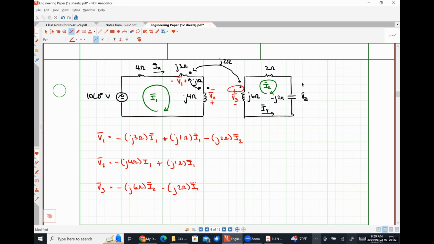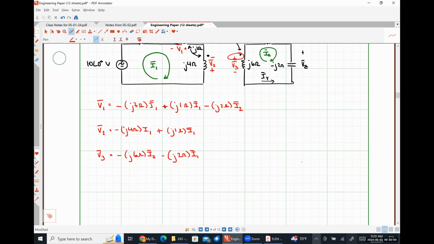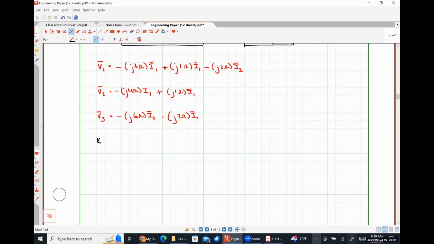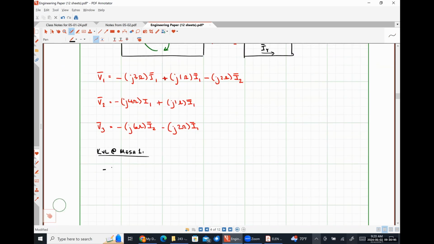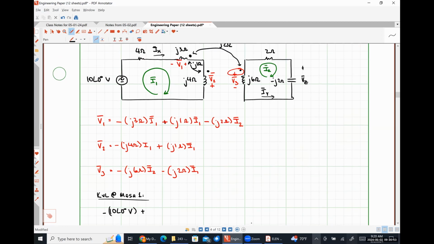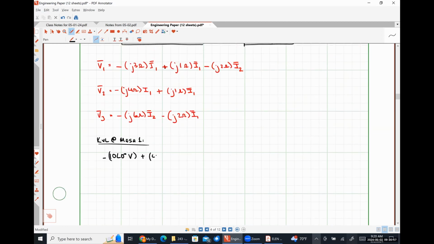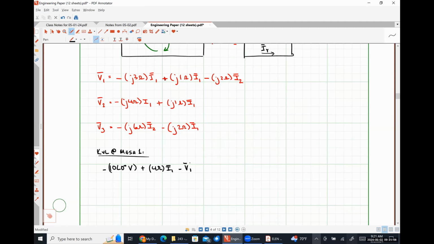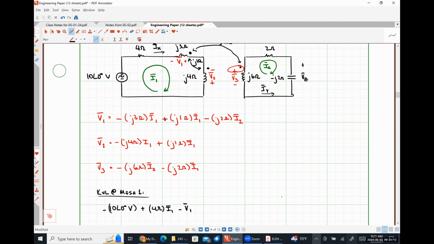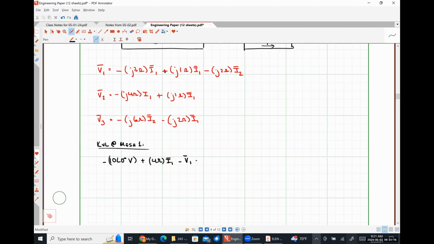So we have these voltages V1, V2, and V3. Now we can actually do the circuit analysis. This is where it's effectively just going to look exactly like mesh, right? So all we would have is KVL around mesh 1. So first thing I see is the negative polarity terminal of my voltage source. So I'm going to have -10 angle 0 degrees volts. The next thing I see is my 4 ohm resistor. So I'm going to have 4 ohms times I1. The next thing I see is the negative polarity terminal of V1. So I'm just going to put minus V1. The next thing I see is the negative polarity terminal of V2. So I'm going to put minus V2